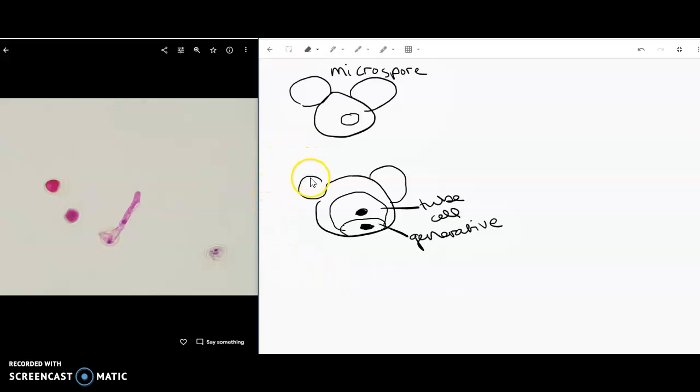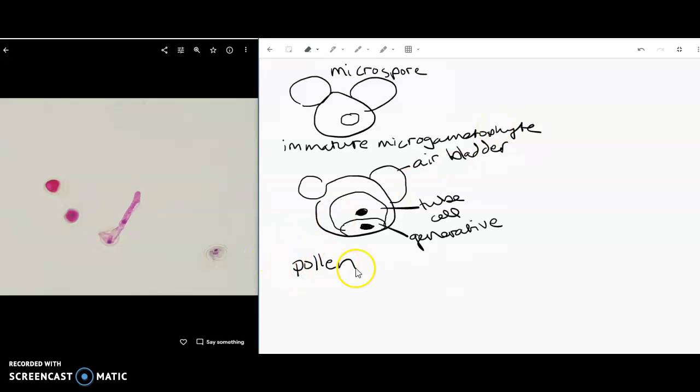And this is considered, let me label those air bladders. This is considered an immature microgametophyte, but it also is given the term pollen grain. The next stage of development, and this is considered the mature part of this,